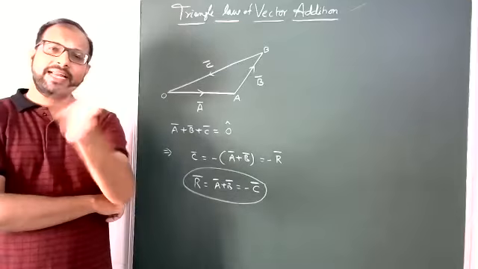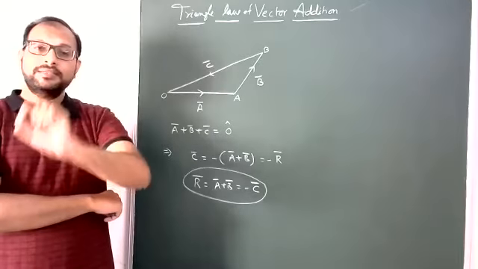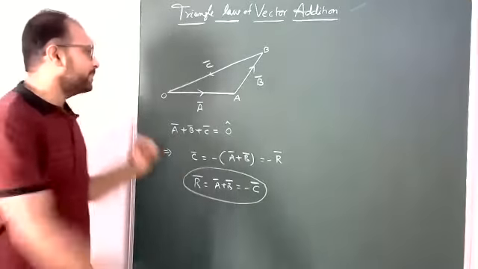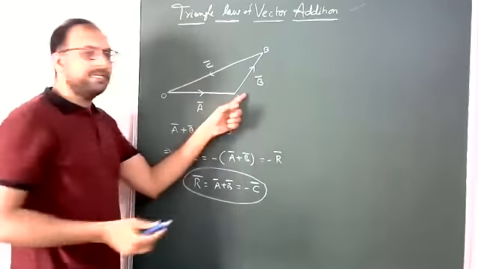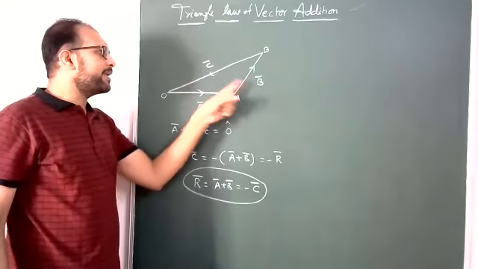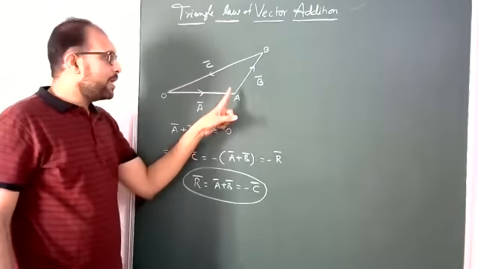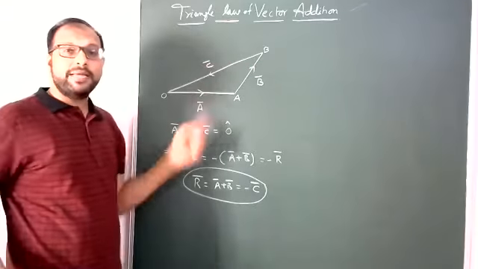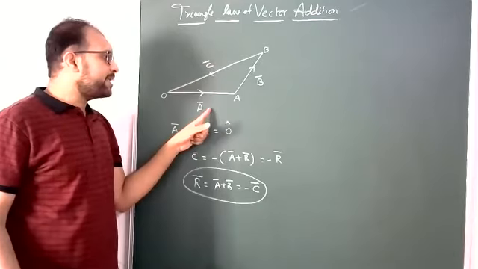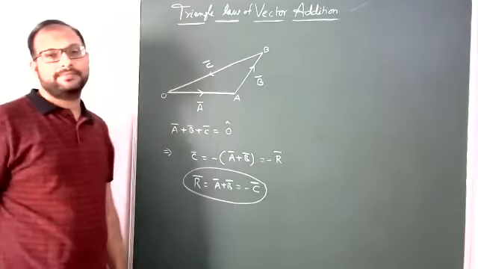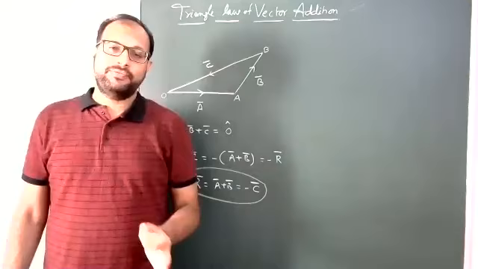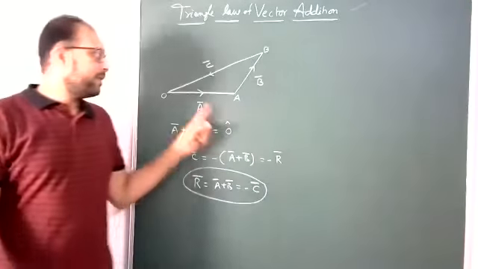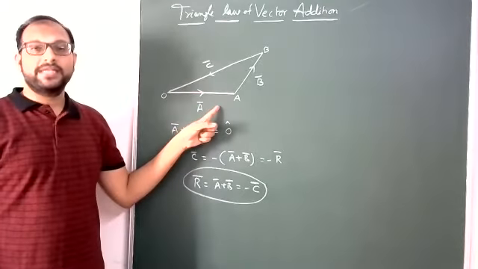Any two vectors you can take, but they should be successive, meaning adjacent, and also taken in order. For example, A bar, B bar adjacent taken in order. That's why minus C bar is the vector addition of A bar and B bar. Suppose B bar and C bar, again in order. That's why B bar plus C bar is nothing but minus A bar. Again C bar plus A bar is nothing but minus B bar, like that. So the negative of the last vector is nothing but the vector addition of the first two vectors.